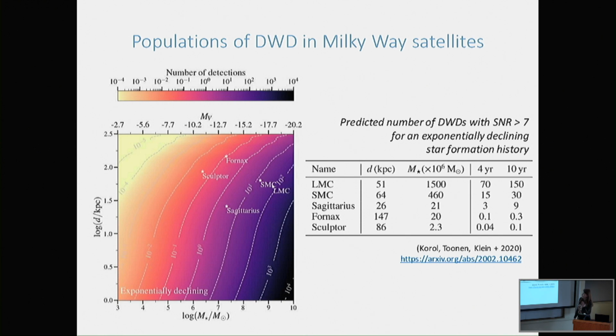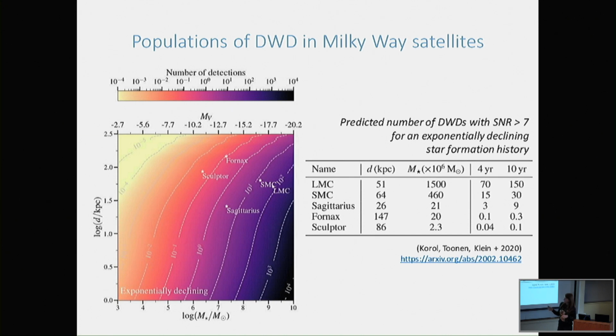And the last few questions that I want to answer are: if we can see these binaries in our Local Group, how many we expect them in the dwarf satellites around us. So in this paper that appeared today on arXiv, we model the double white dwarf population in the dwarf satellites by fixing...